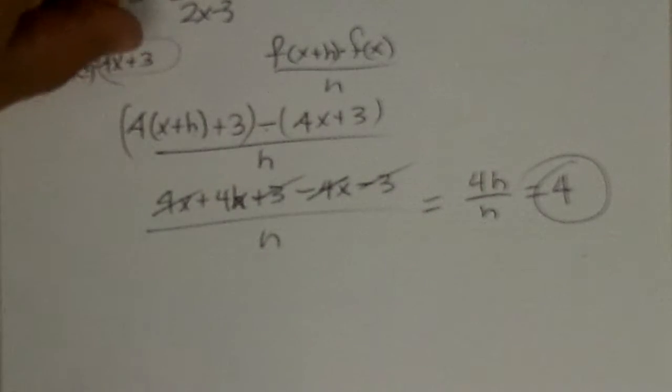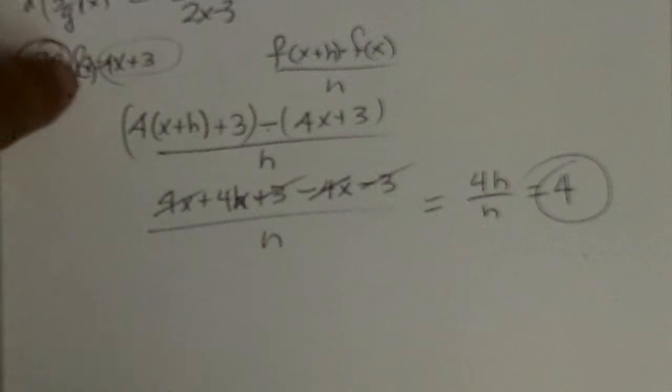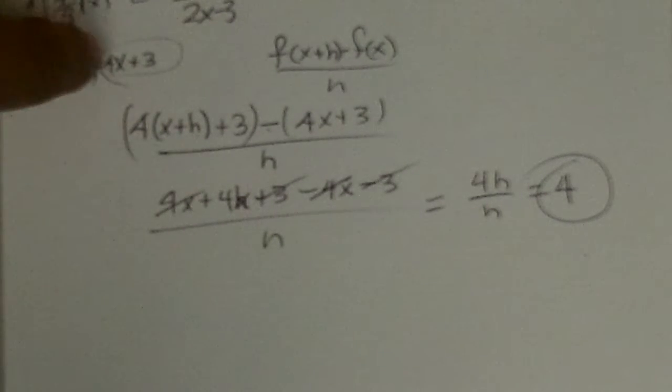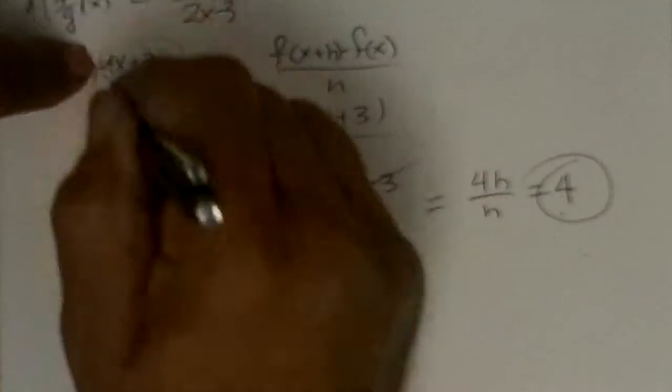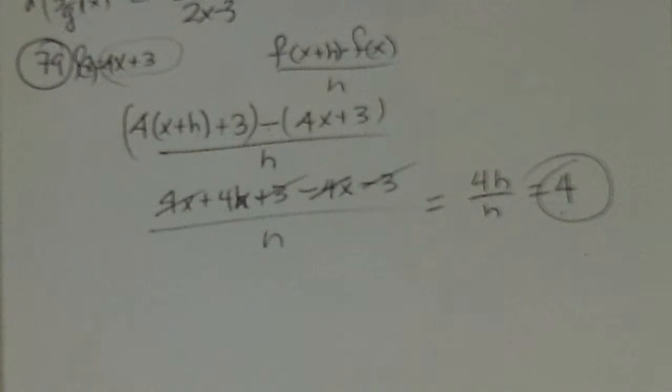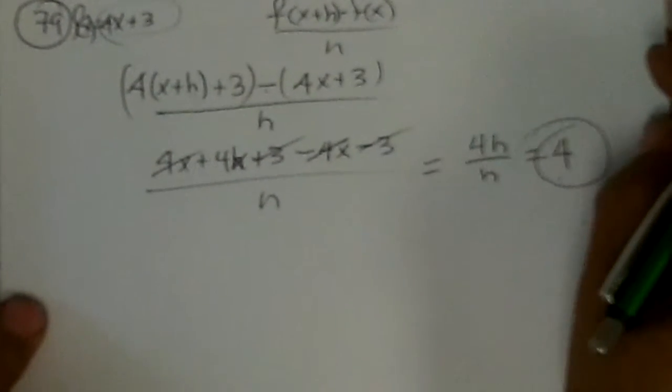Always 4. The difference quotient is supposed to give you the slope. This is a line with slope of 4, y-intercept of 3. It made sense that that should come out to be 4. We didn't need to do the problem. We could see that that's what it was supposed to be. 79. Let's go on to number